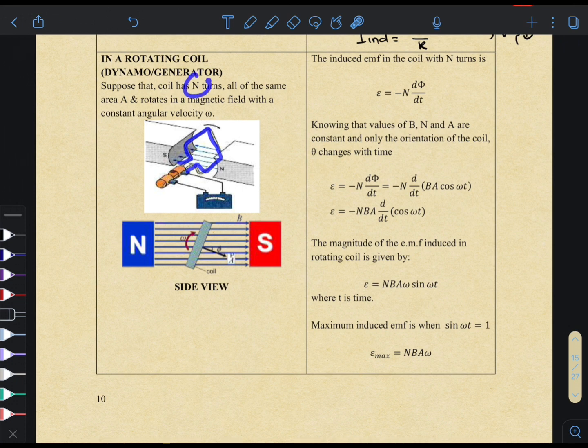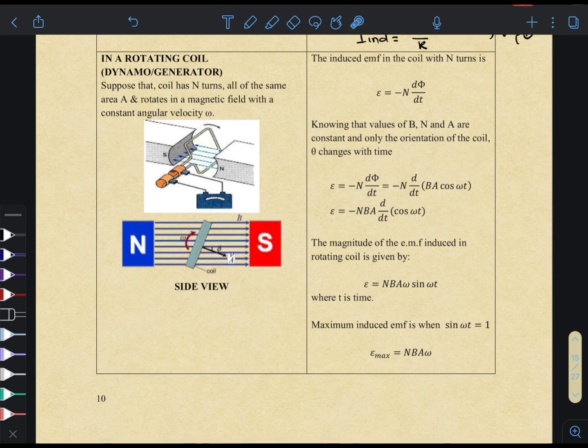So let's say this is your rotating coil. Okay, made up of many turns and number of turns, and they all have the same area and rotates in a magnetic field. As you can see, this is your permanent magnet, North Pole and South Pole. So you're going to have magnetic field line dekat sini lah kan. This is your uniform magnetic field. The induced EMF in the coil with N turn is given as EMF is equals to negative N d flux over